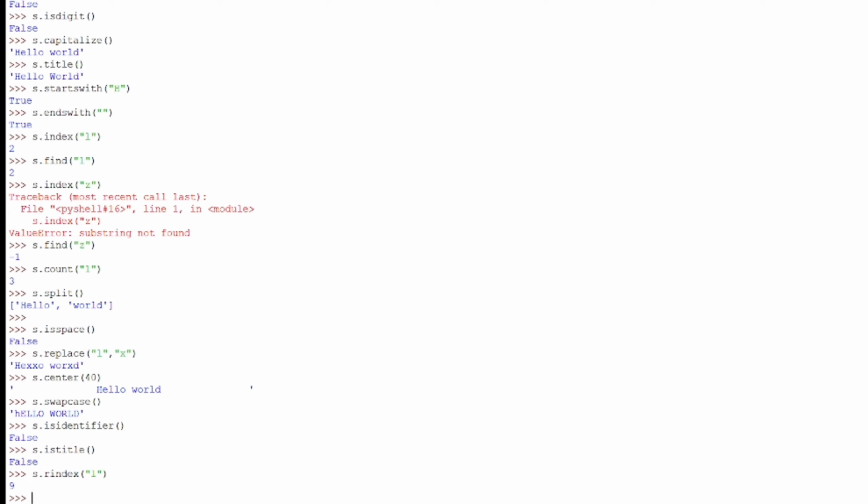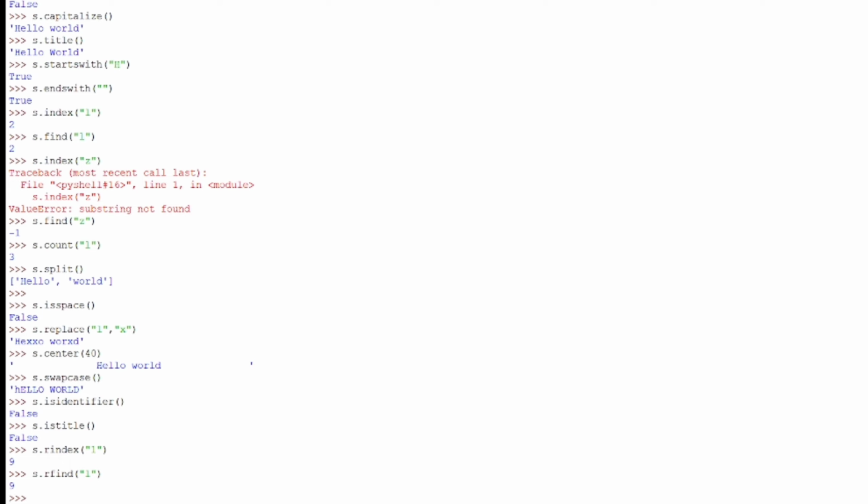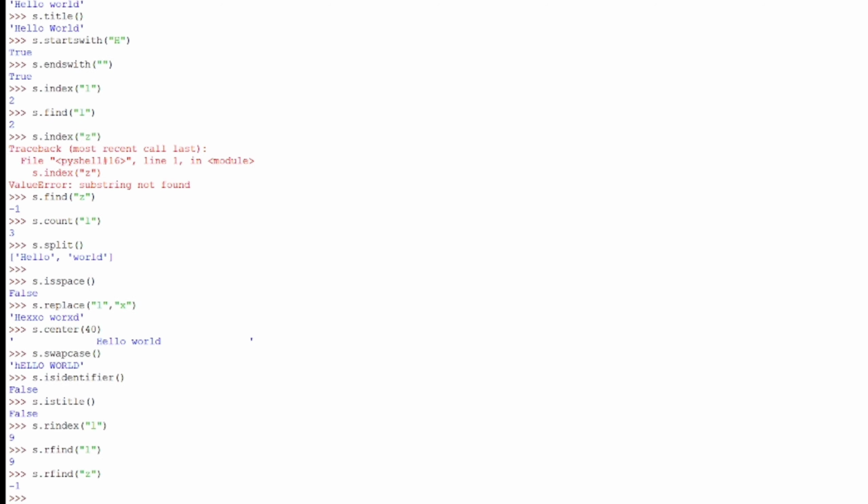And the next one is rfind(). s.rfind() of some L will also give you the answer 9, but if the character is not present in the given string, it will give you -1.